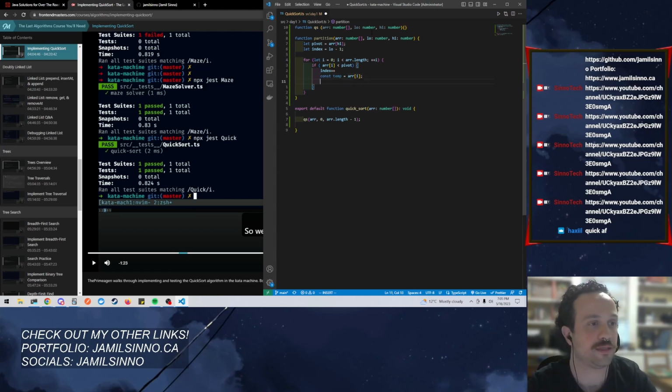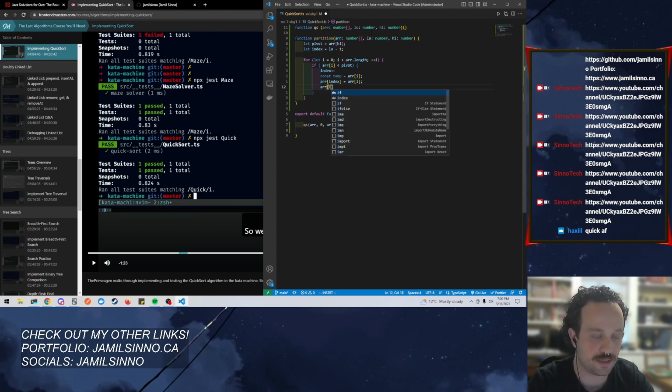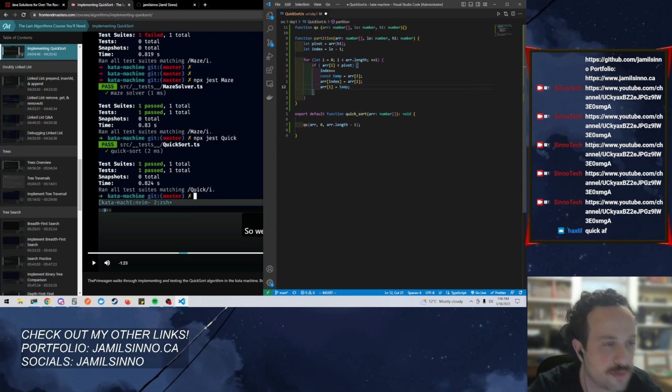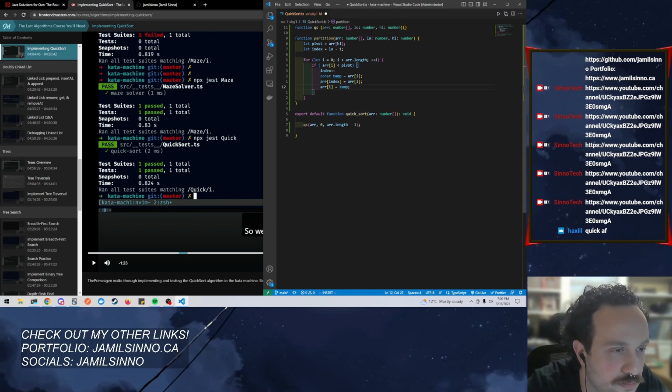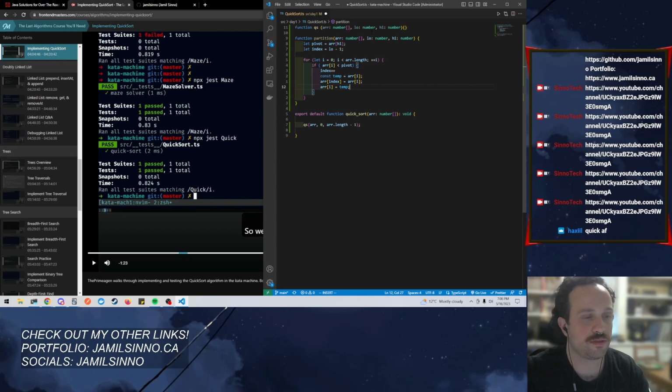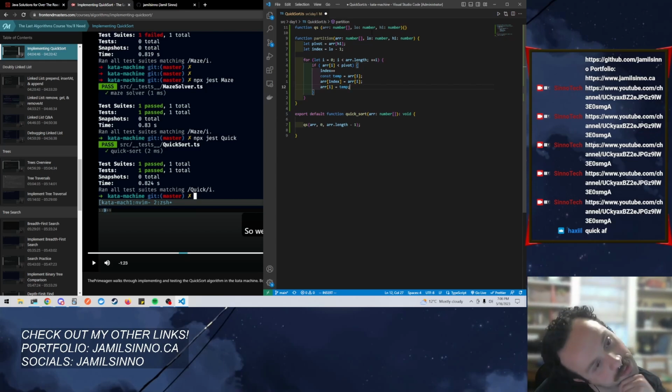And then array index is equal to what? Array I. And then array I is equal to what? Temp. No. Array index is equal to array I, is equal to what? So